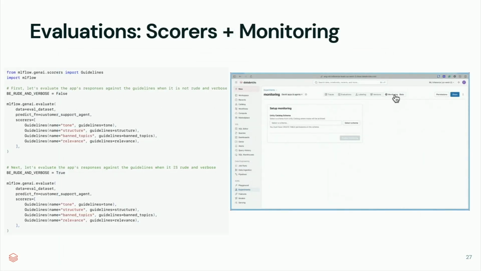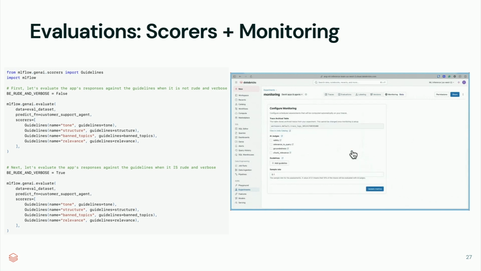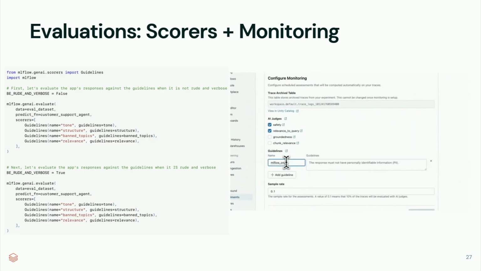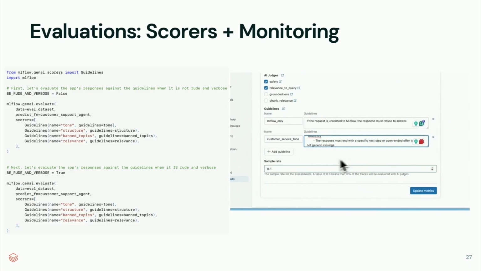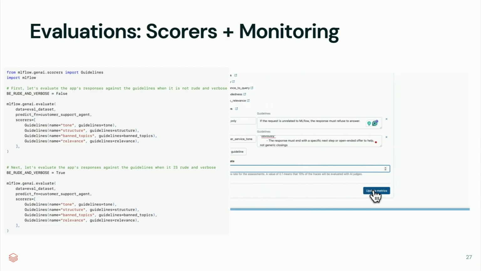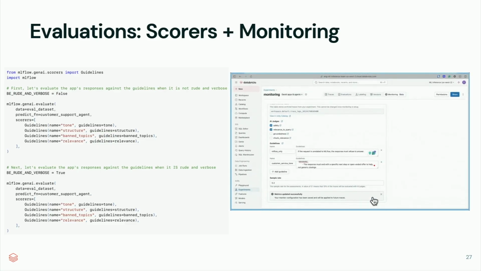Speaking of scores and monitoring, on the left we have a code snippet example of what it could look like to set up your own evaluation with a custom score. We have this new endpoint, MLflow GenAI evaluate, that makes it very easy to add certain guidelines as well as put in your eval data set. And on the right, you can see what it would look like as you add certain assessments and set up your monitoring,